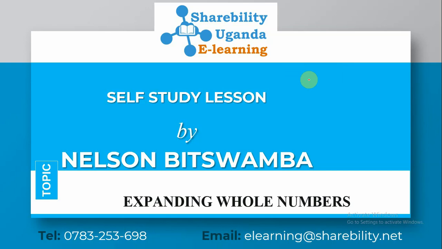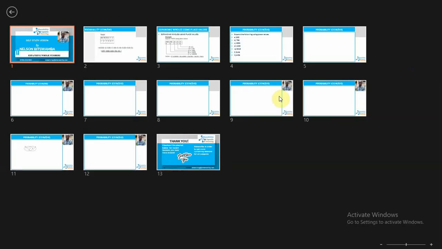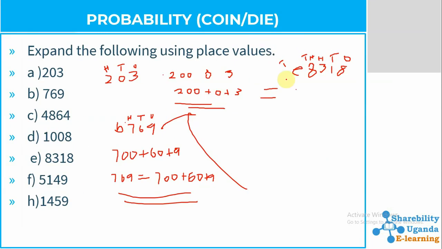This is going to be 10 what? 10,000. Okay, so in doing this, this simply means we shall be able to get our 8 times what? What is 8 times 10,000? So here we shall be able to get our 80,000 plus what is 3 times